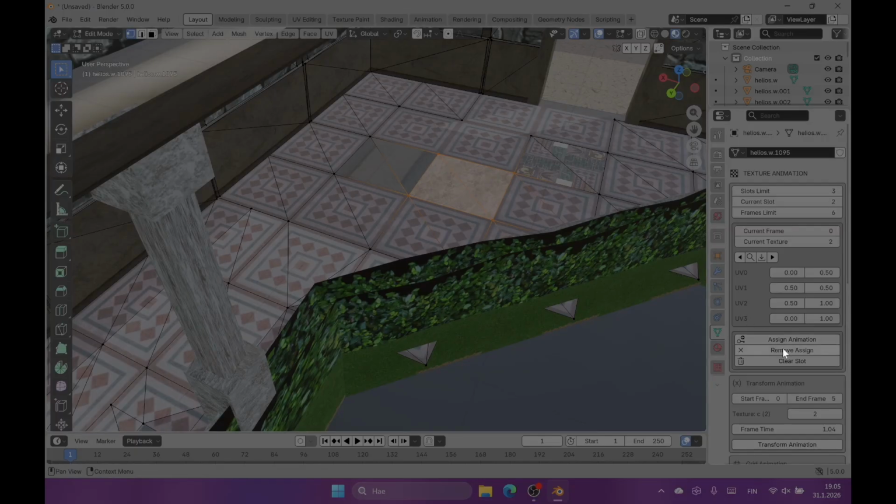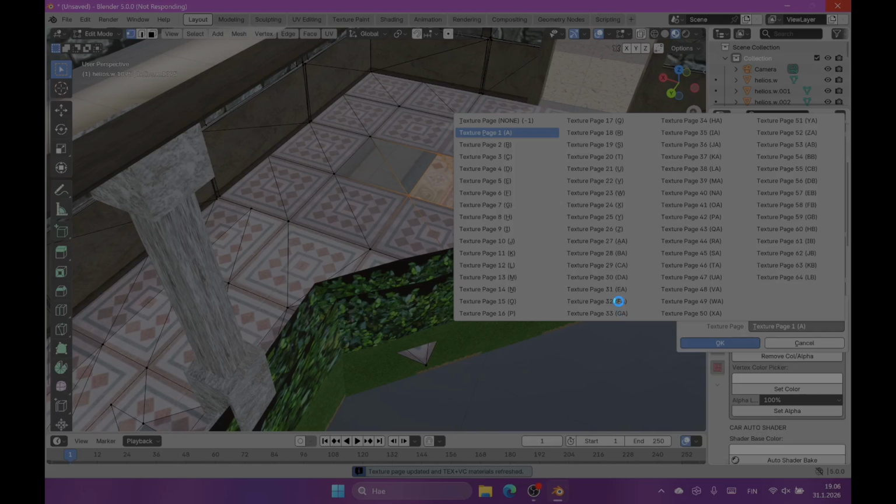So I will use remove assign. Animation removed from 2 phases. But the texture page didn't fix yet. So I will have to use the object tab and then whatever the texture page was, I don't know, maybe B or 3 or C or so on. But anyway,